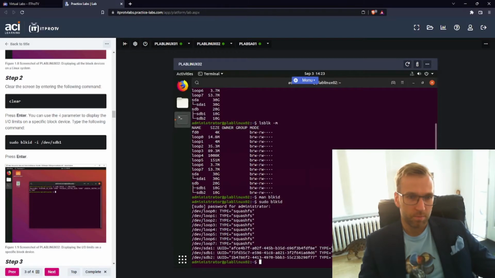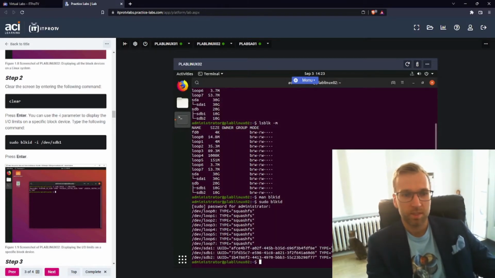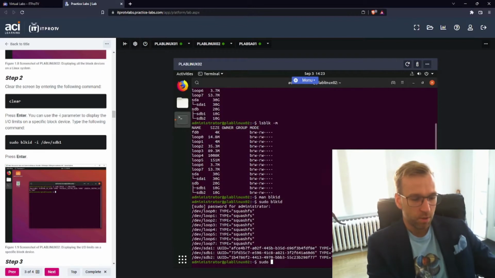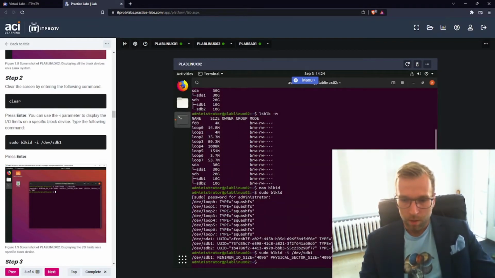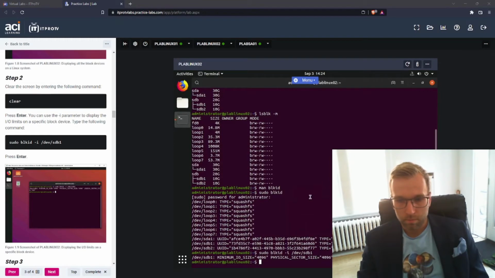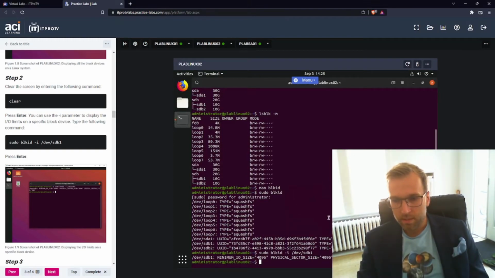Okay, step 2, press enter. You can use the I parameter to display the IO limits. Cool, let's do that. Sudo blkid -I for show me the IO parameters on dev, in particular dev sdb1. See some magic here. All right, minimum IO size 4,000, physical sector size 4,000, logical sector size 5,000. That's kind of cool. That is neat. And I'm curious, what's the difference between the physical and the logical